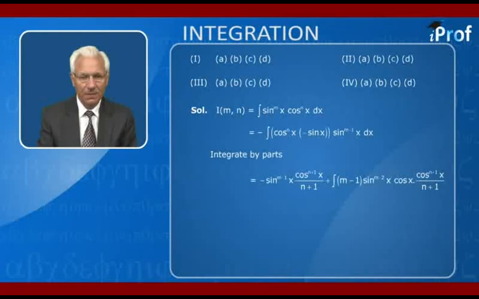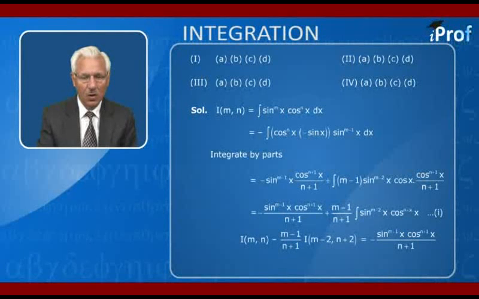Integrating by parts, we get minus sin raised to power m minus 1 x into cos raised to power n plus 1 x upon n plus 1 plus m minus 1 into sin raised to power m minus 2 x into cos raised to power n plus 2 x upon n plus 1, which shows Imn minus m minus 1 upon n plus 1 I m minus 2 n plus 2 is equal to minus sin raised to power m minus 1 x cos raised to power n plus 1 x upon n plus 1,